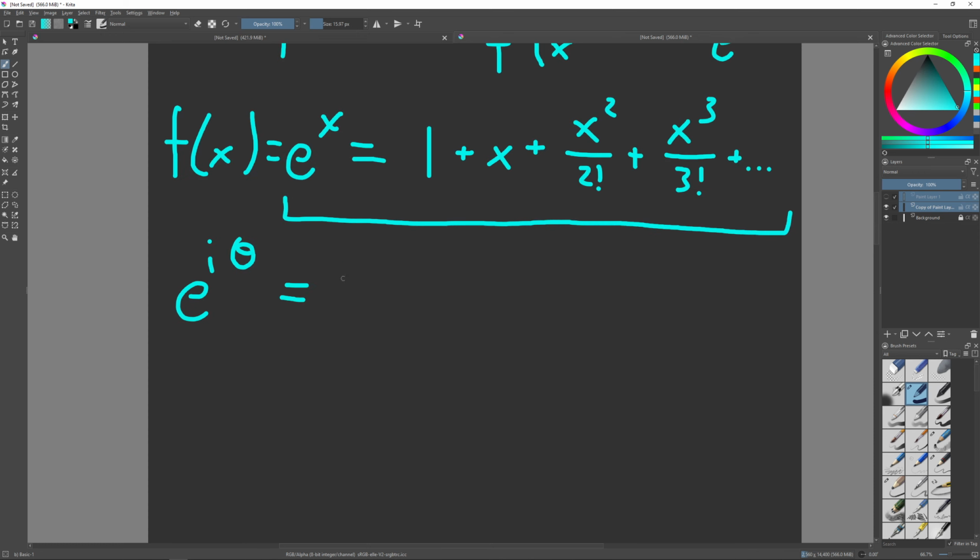So what happens? We get 1 plus, in place of x, we have i theta, so i theta plus i squared theta squared plus blah, blah, blah. i cubed